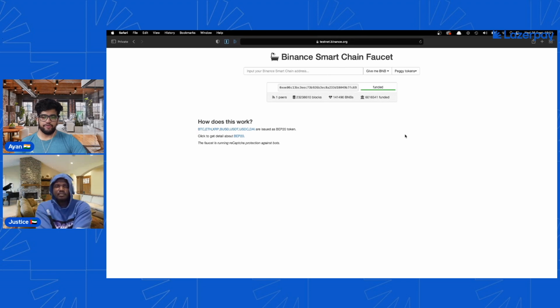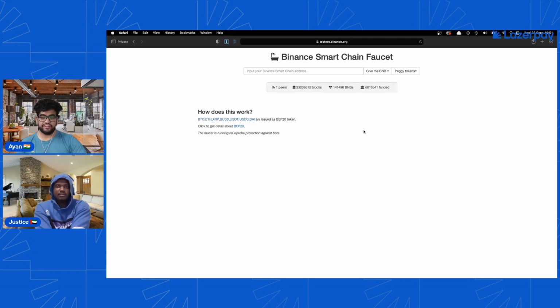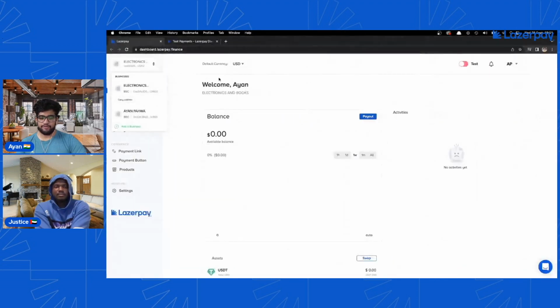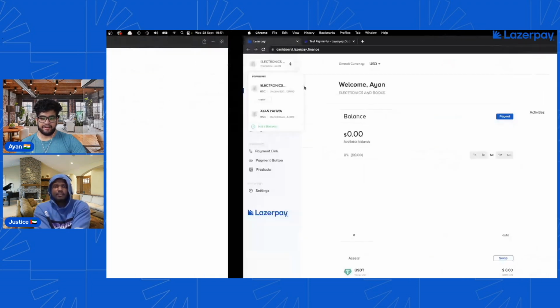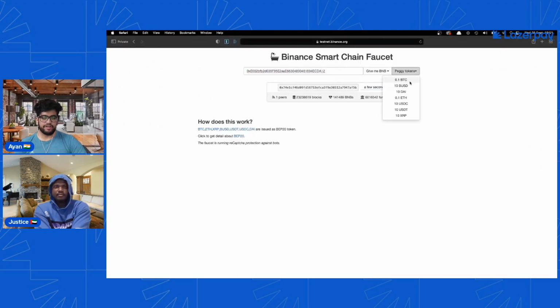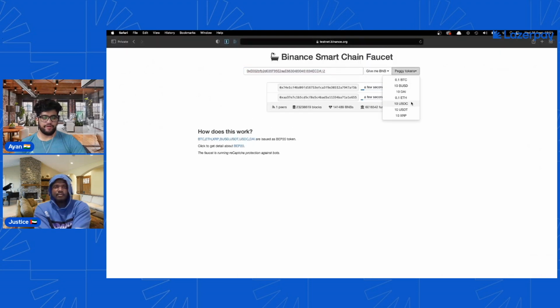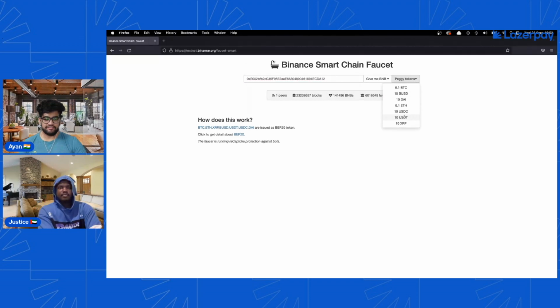So what we can do is add our wallet address here, and hopefully we can get some test USDTs. If we go back to the Lazerpay dashboard, you can see I've enabled the testnet. By the way, this will only work on testnet and not on mainnet. So go ahead and enable the testnet and then copy your wallet address with this button. Then we can paste it here and select the tokens that we want. We can do Bitcoin, we can do BUSD, but for Lazerpay, we're going to do 10 USDTs,